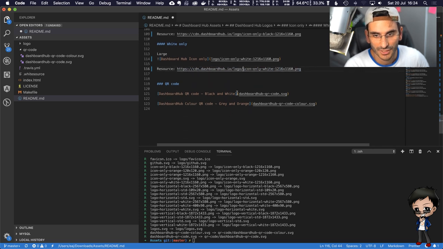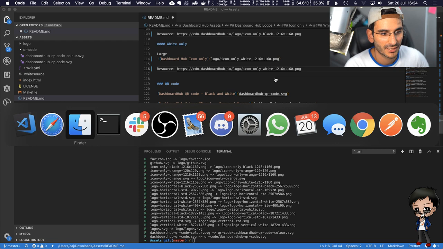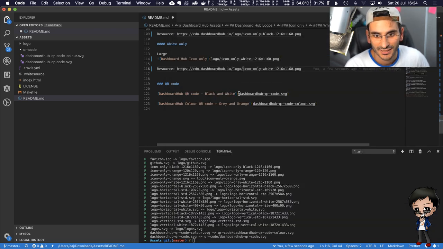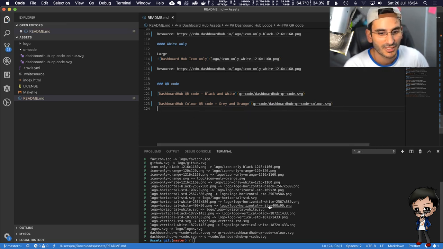Right, QR code. So this is under, wrong way. The QR code directory. If I just hit enter, copy. Oh, no, don't paste. Copy. Just because I'm lazy. And I paste that in there, and paste that in there. I don't like the names of these files. I did this many years ago.